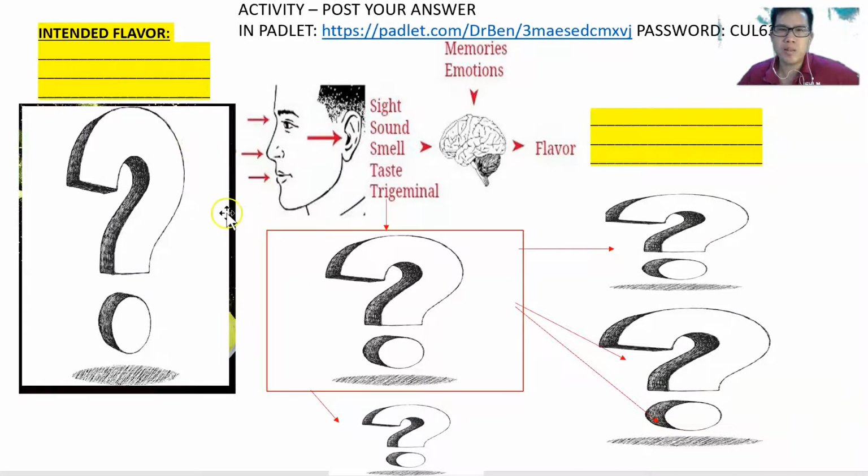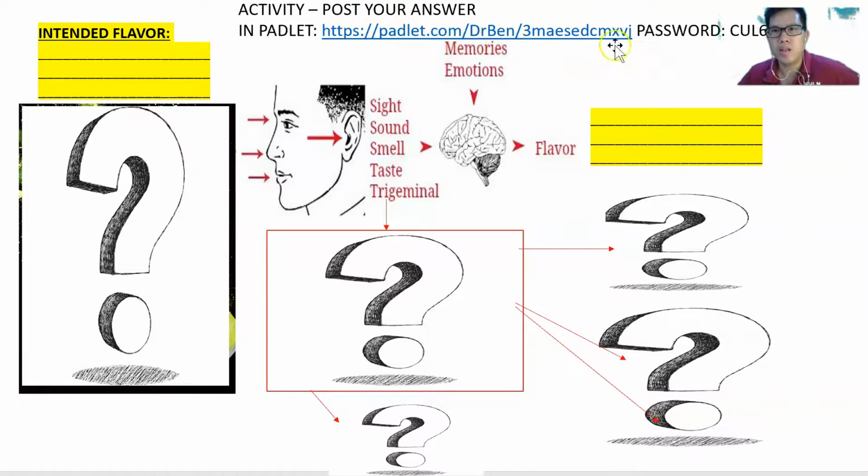So it's a very simple type of activity, just to give me an idea whether you understand the theory or not. And also give you a chance to practice what you have learned from this lecture. So once you have created this, I want you to post your answer in Padlet. Each and every one of you post your answer as an image file into the Padlet.